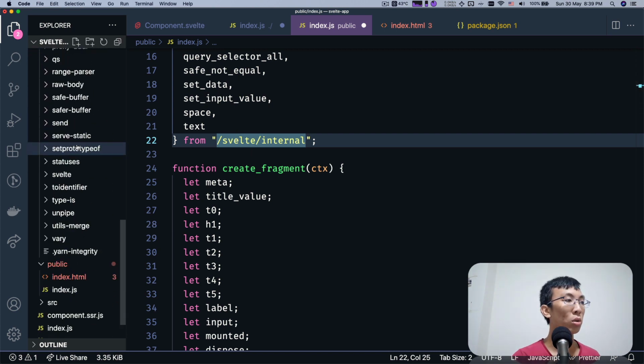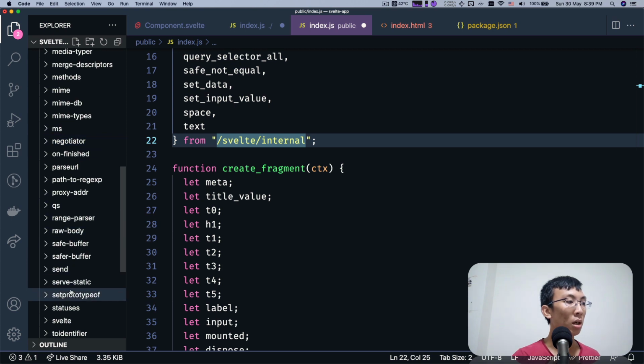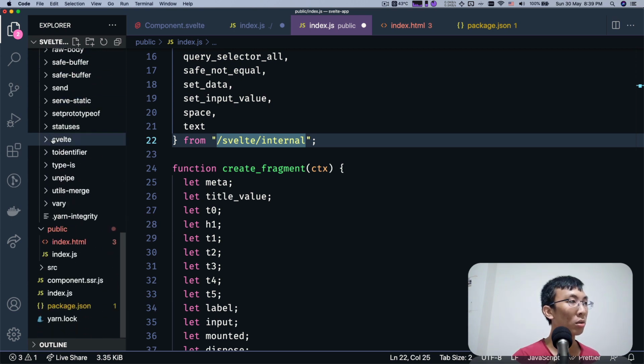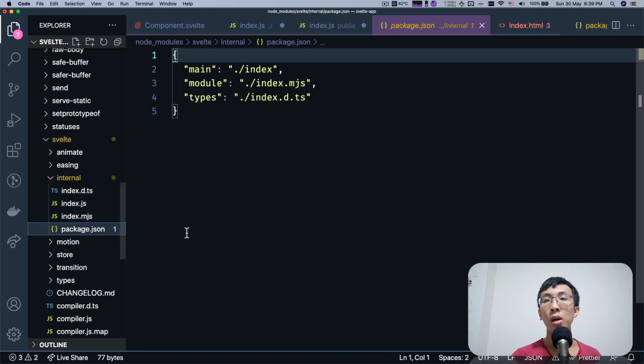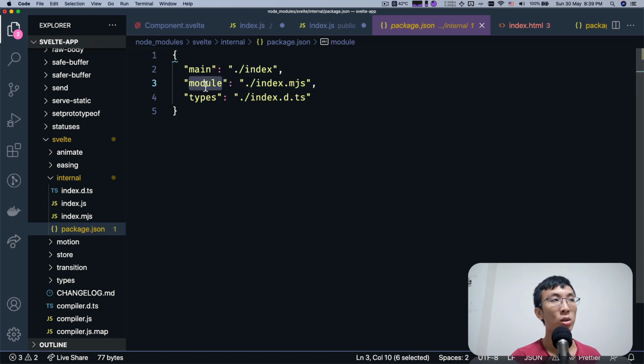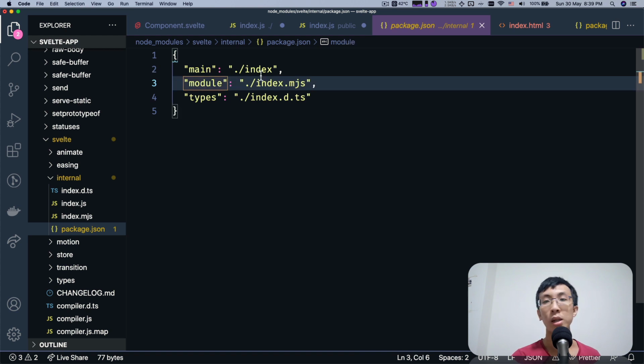If you take a look at the node modules, you'll find svelte/internal has a package.json. A bundler will look at this file and figure out the next step, whether to get the main file or the module file, and resolve to that file.